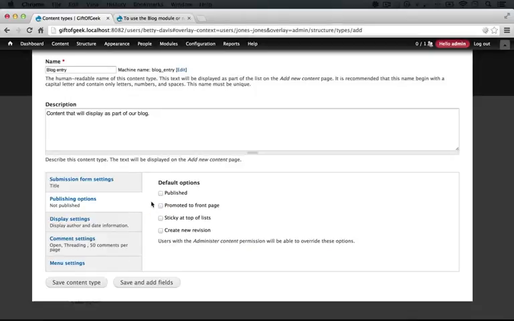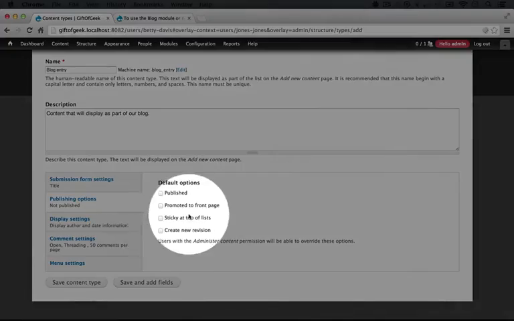Now again, the reason for this is that we have a default home page when we install Drupal, but we're not going to use that. This Promoted to Front Page will automatically add a link and some content to that page, but we don't really want to use that page. And if we're not careful, we can accidentally publish content to that page simply by having this Promoted to Front Page here. So we want to make sure that this is left unchecked so we don't inadvertently add some content that's search engine indexable that we really don't want visible on our site.